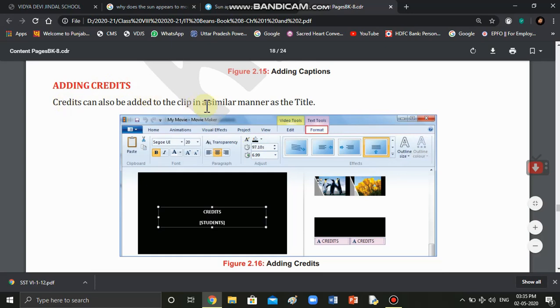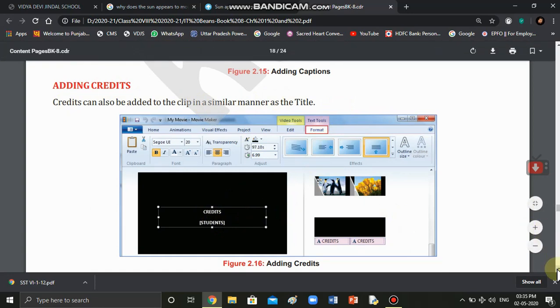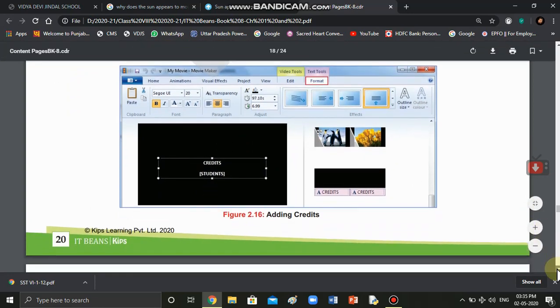Credits can also be added in a similar manner. For example, here they have added credits students. So credits are always used to display text at the end of a movie. Method is same for all these.